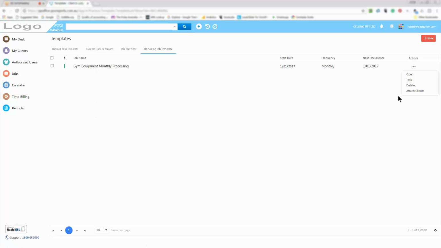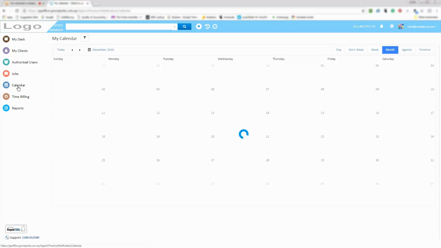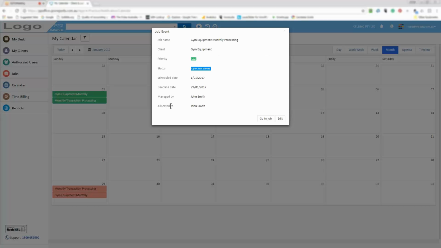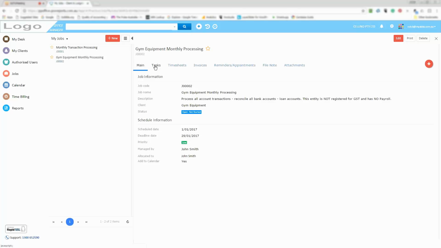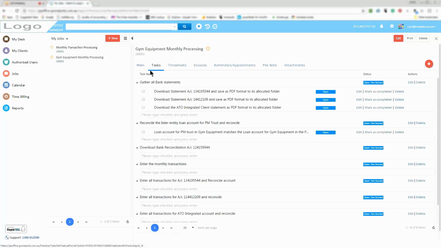Alright, so once it's actually attached to a client, then you can see it in your calendar, and in this particular instance it was January, so you can now see the tasks are in January. So we've got a starting and a finishing date. You can go to the tasks, and then as you complete each of the tasks,